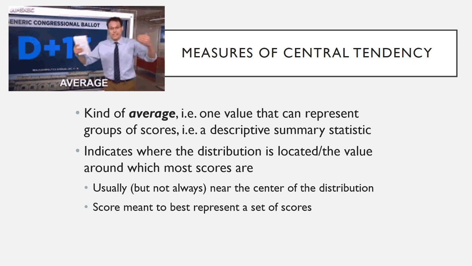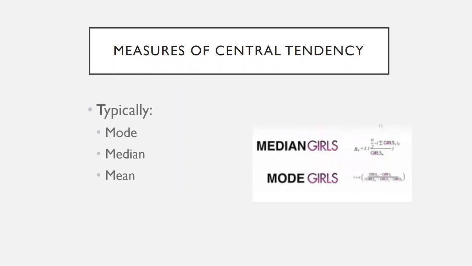Now, it's important to note that the term average is used interchangeably with mean. Technically, the mean, median, and mode are all types of averages. Typically when people say average, they're talking about the arithmetical mean, but technically both the median and the mode are also kinds of averages. So for the purpose of clarity in this class, I'll try to only use mean when I'm talking about the mean and not accidentally say average, since technically average can refer to all three central tendency statistics.